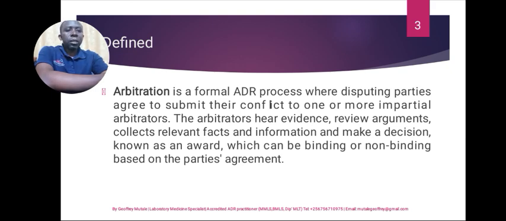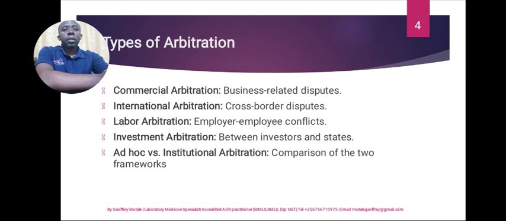But one key point that you need to take here, the take-home point, is that in arbitration, the decision which is finally made may be binding and may be endorsed by court. This is for as long as the two disputing parties agree to what has been decided. If the award is given, it is binding. Unless the parties do not agree, or one of the parties does not agree, and then the party may appeal, or they may not append their signatures and agree with the decision made by the arbitrator, and in that case it may not be binding.